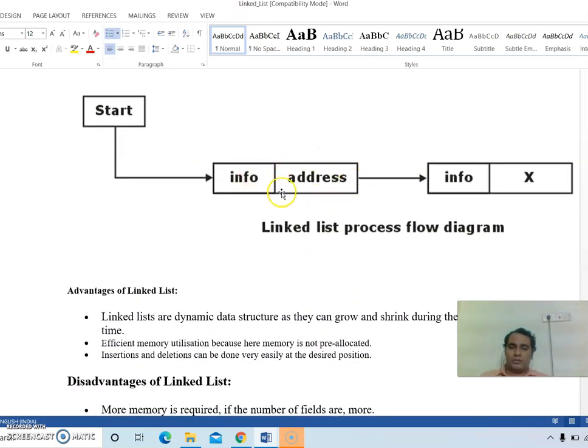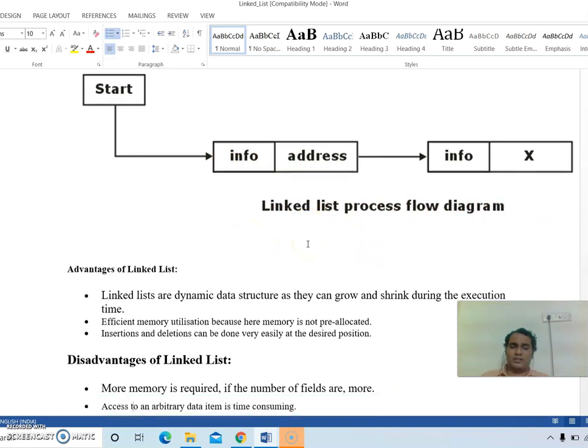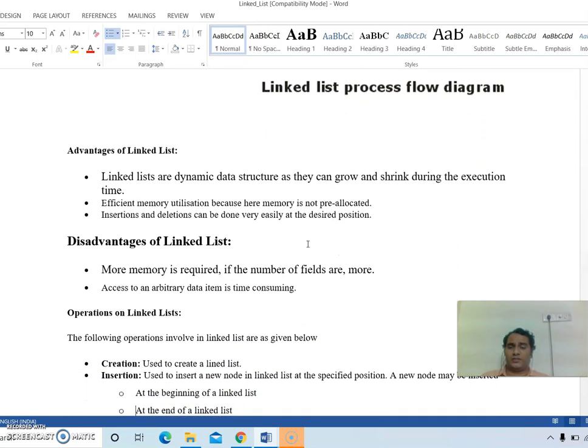So this is one node which is being pointed to by start, nothing but your head node, and this is the address of the next node. So this is a pointer to the next node, and if there is something more we can continue it, or else this is a null pointer. So this is how I can show it. What is the advantage of linked list? Why should I have a linked list?